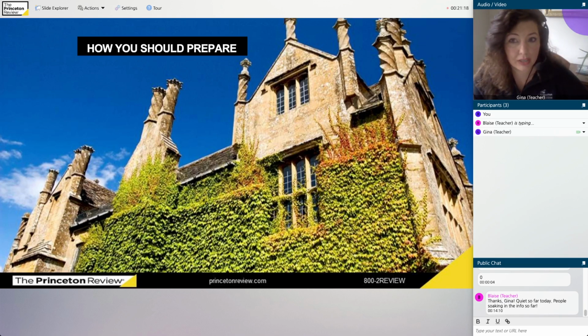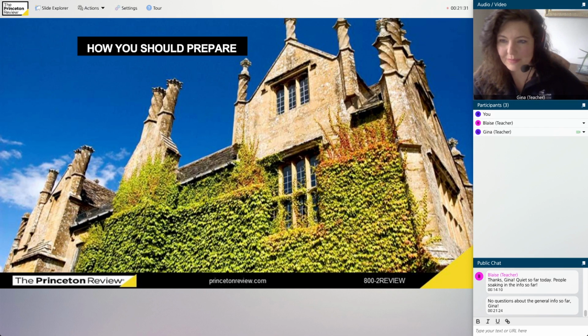Otherwise, we are going to talk about some more specific information that you need to know for setting up your notes. This might actually be the big bonus for this session: I'm going to tell you exactly what things to put in your notebook. No questions so far. All right. Then let's get into the good stuff.